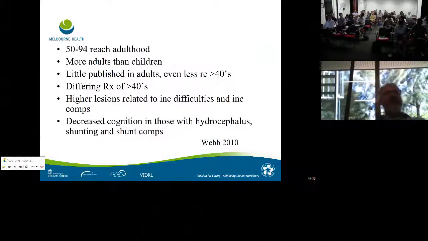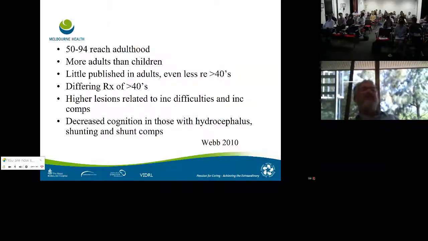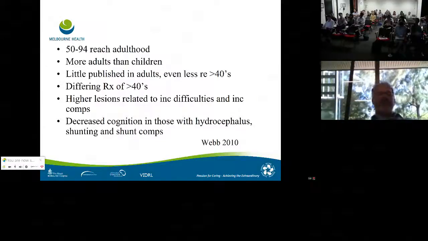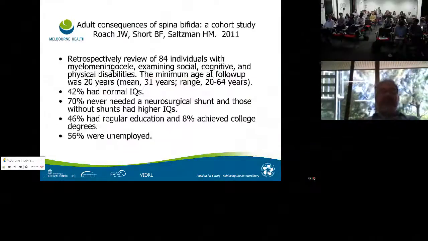The treatment is somewhat different in adults than in children, and there are different issues associated. So if we look at a study by Roach in 2011, he